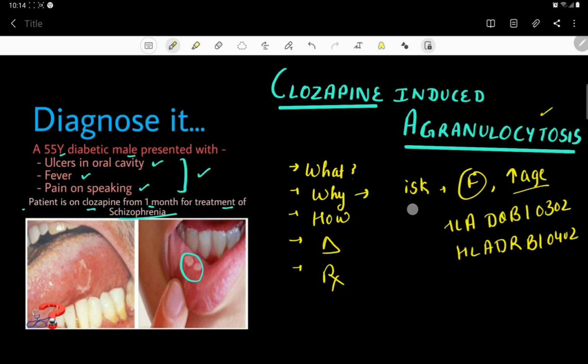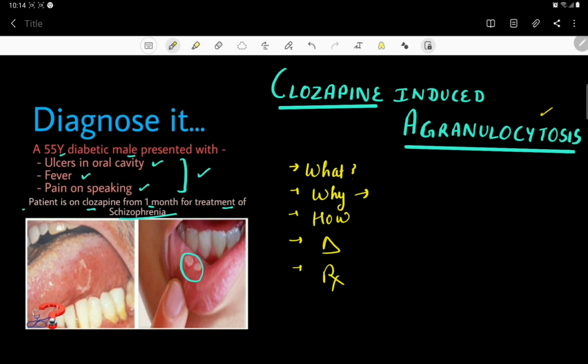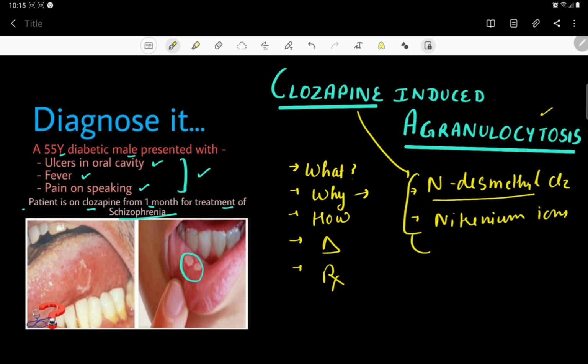Now let's come to the exact pathogenesis, like why this disease is occurring. Well, this clozapine gets metabolized to a compound that is called N-desmethylclozapine, and another compound, this nitrenium ion. These two compounds are basically toxic for the colony forming units and other progenitor cells, and these colony forming units are basically for the monocyte and granulocyte lineage or erythroid lineage. So these are toxic for these. So when the colony forming units are damaged, then the production of these granulocytes and these erythroid cells are decreased. So that is why this leads to development of agranulocytosis.